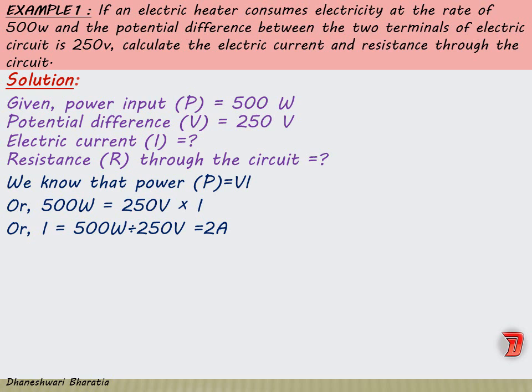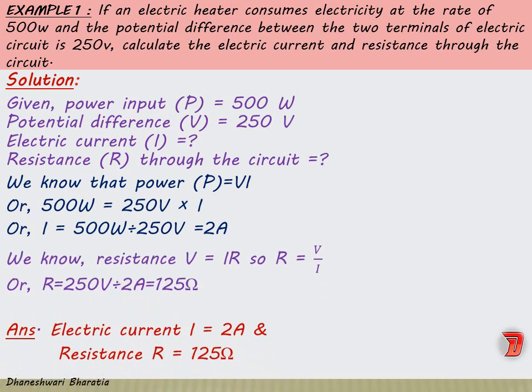Now we have V, we have got I. So from Ohm's law we will be able to get the resistance, right? So this way, if you remember which terms are given in the sum and if you know the correct formula, then trust me, you will be able to solve any problem. Okay, let us move to the second one.